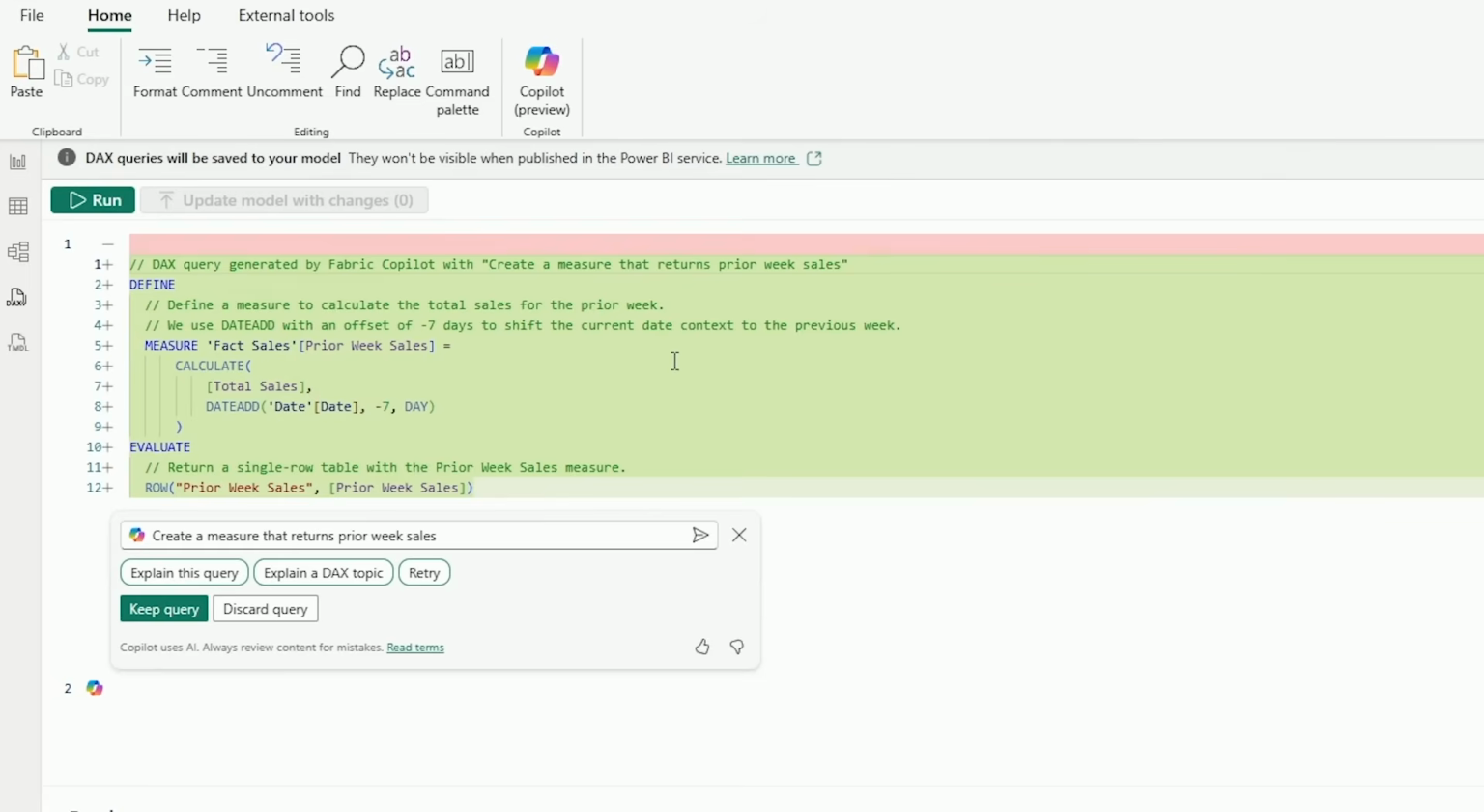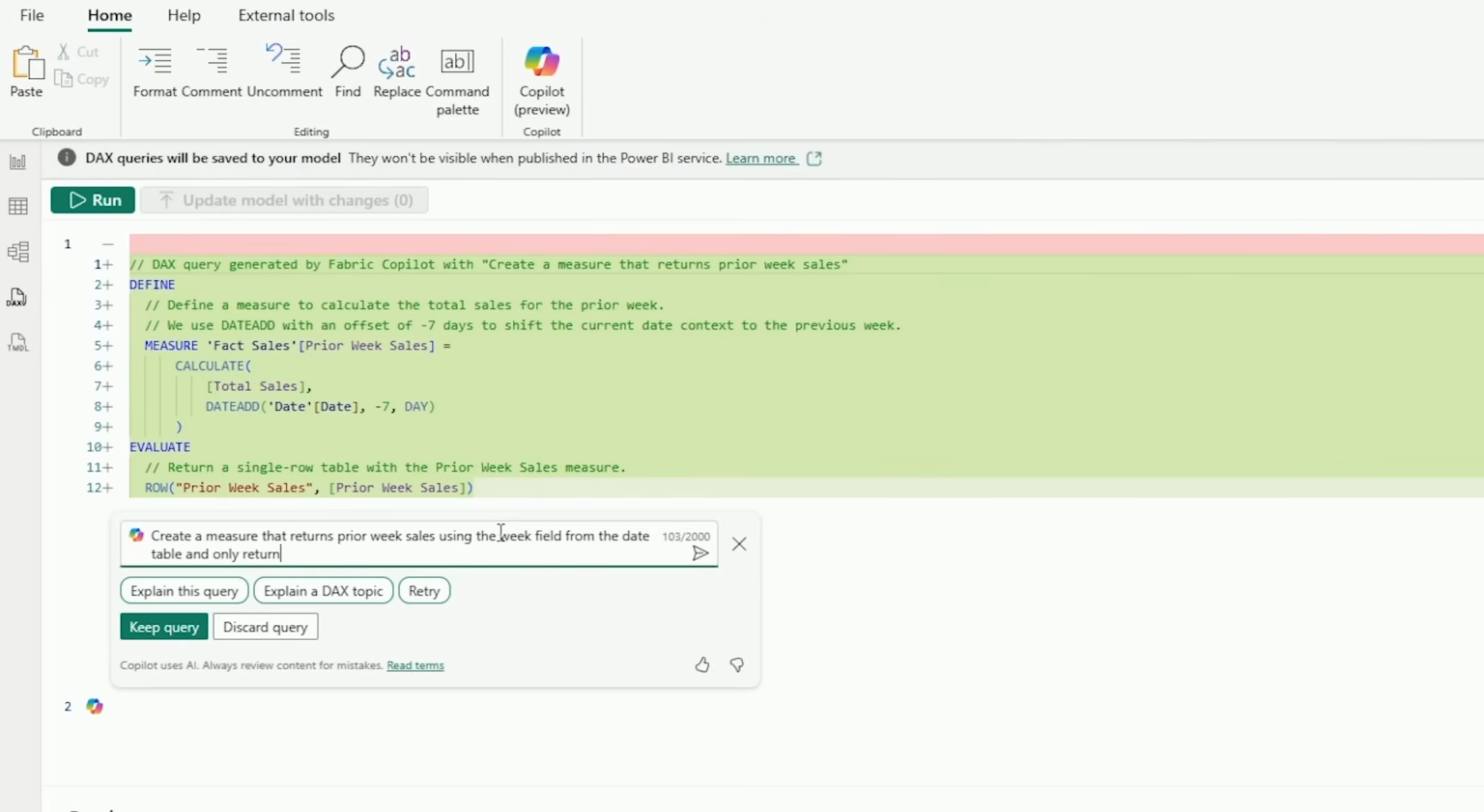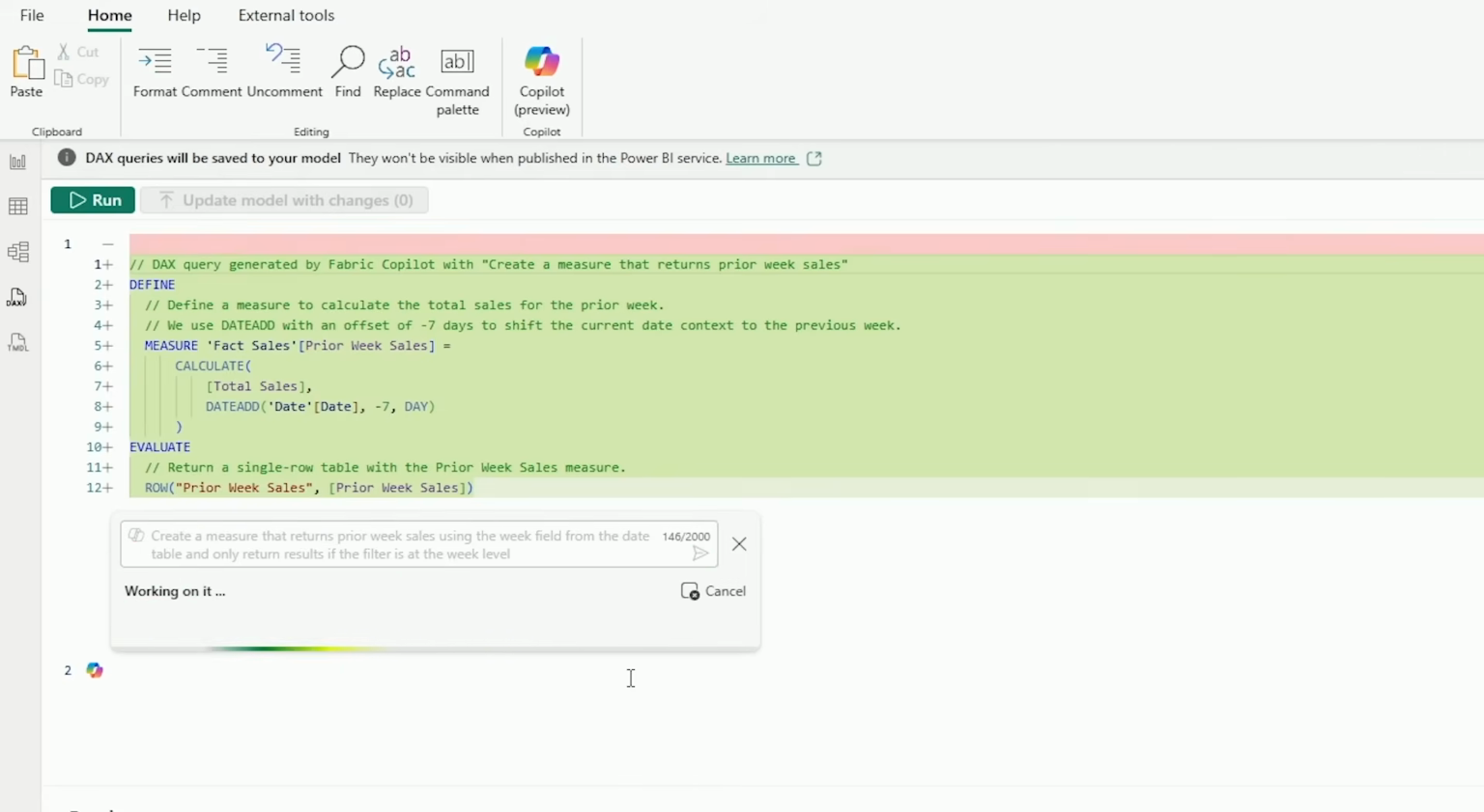Now this comes down to prompt engineering. We would want to write this a couple of different ways. And every time I write this calculation, I always get a little bit different result. But I could have been more specific, week sales, and I could have said something like using the week field from the date table and only return results if the filter is at the week level. Now, this is the first time I'm ever writing this like this. I'm just adding some additional context. I'm saying, hey, I don't really like the way it is, so let me try it again, and then I'm going to hit send. And once I hit that send, it's going to spend a little bit more time,